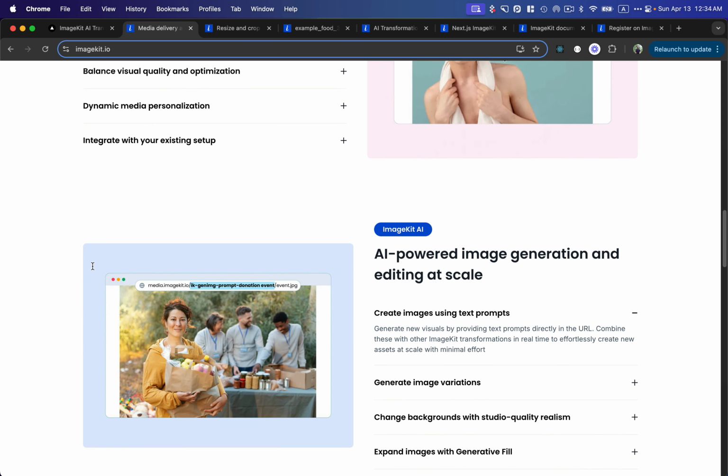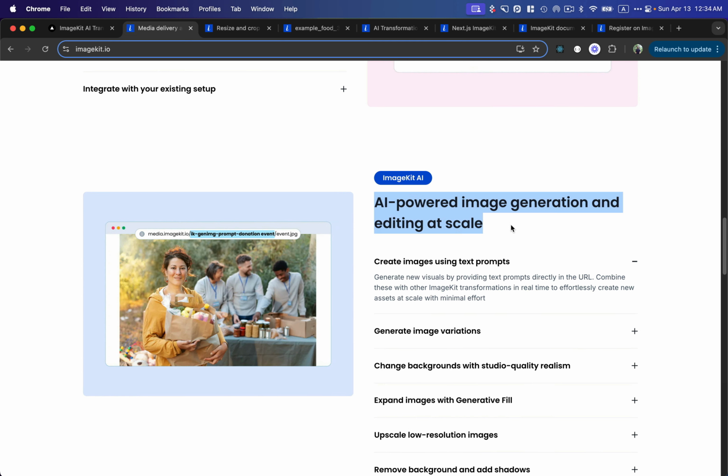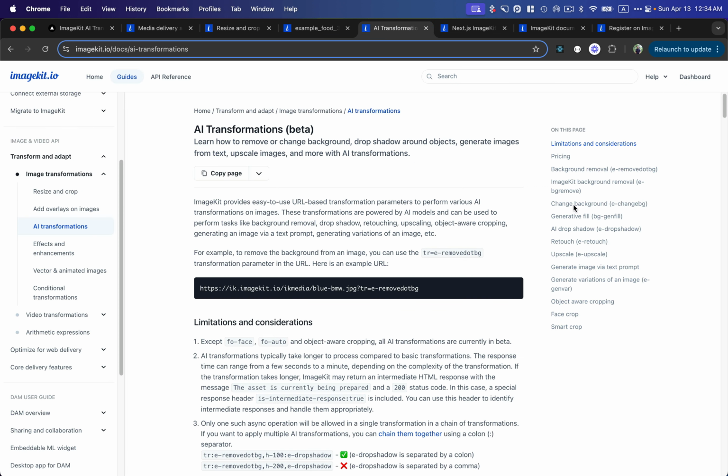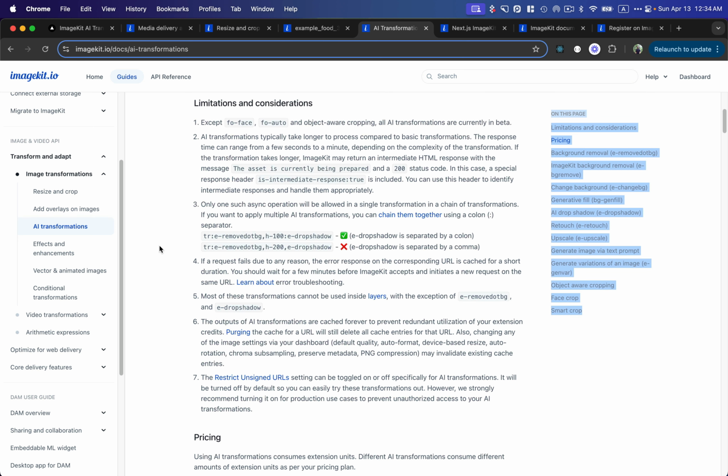look wise. And we have a lot of AI features as well, like if we want to change the background, we can replace the background with some AI generated images, and we have a lot of different variations. And this is the one major topic that I will be covering in this particular video. And these are all the different types of AI transformation that I'm going to be talking about in this particular video. Not just the demo, but I will be creating a new Next.js project from scratch, and then I will